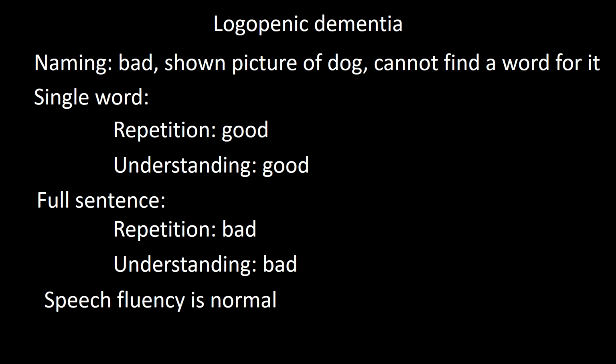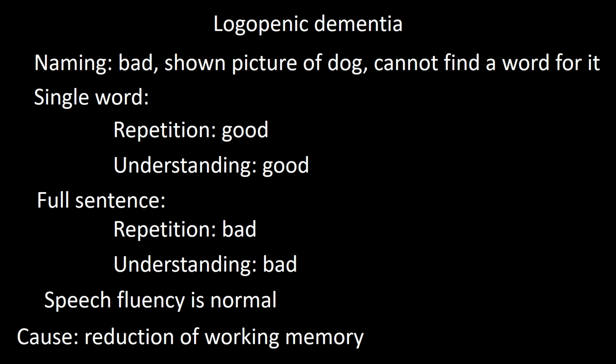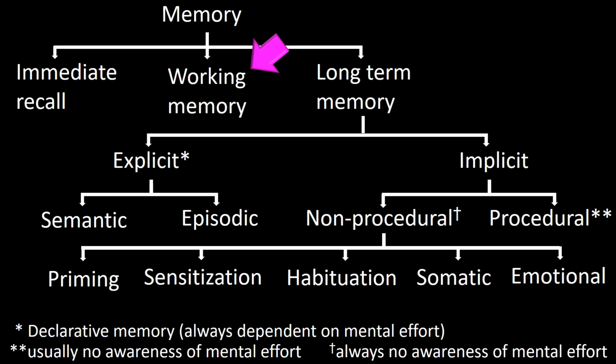Speech is fluent. What makes this condition interesting is that it appears to be a problem with working memory. They can understand the first word in a sentence, but by the time they hear the third word, they have forgotten the first one. Working memory is the memory that allows you to remember what you are doing as long as you are not changing task. If you have any difficulty understanding memory, review the presentations about memory. It is this memory that is affected in these patients.